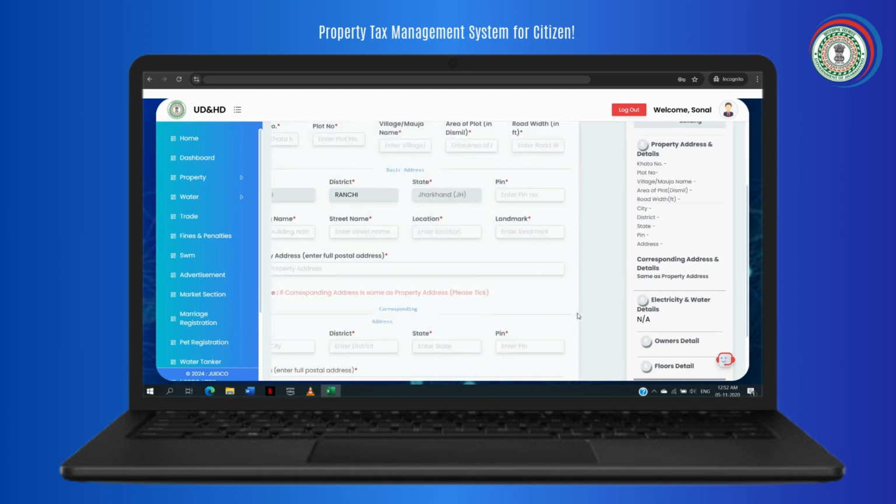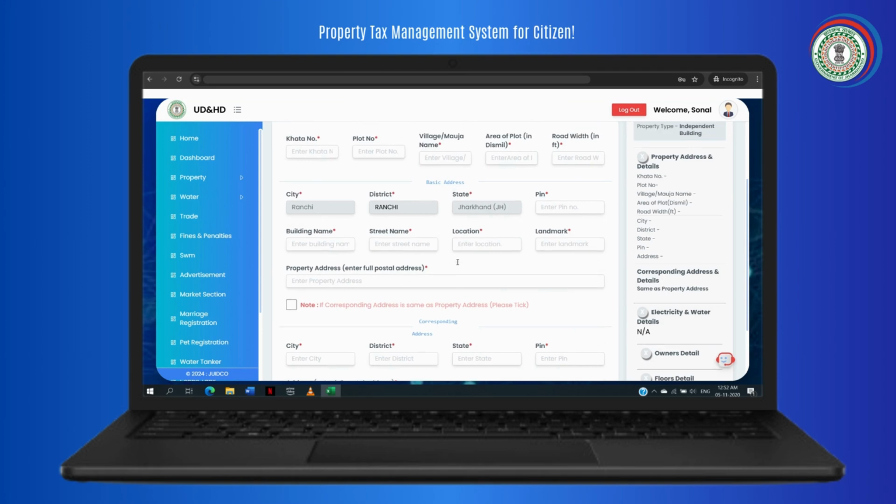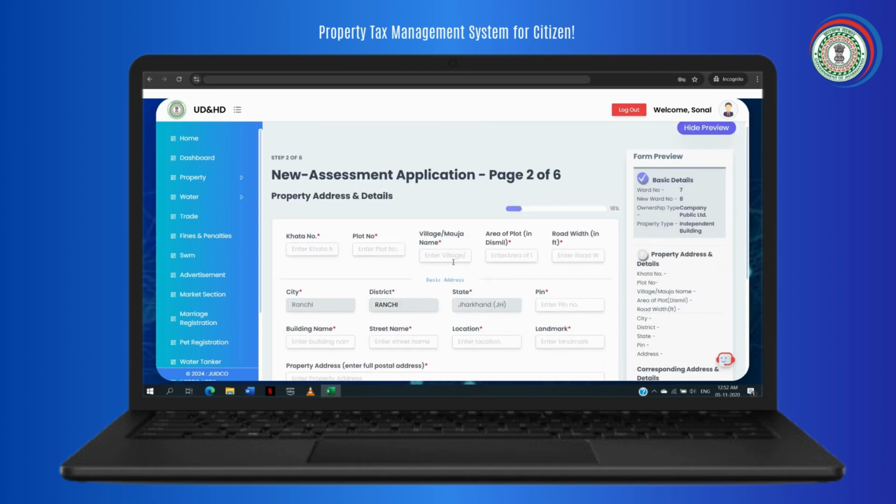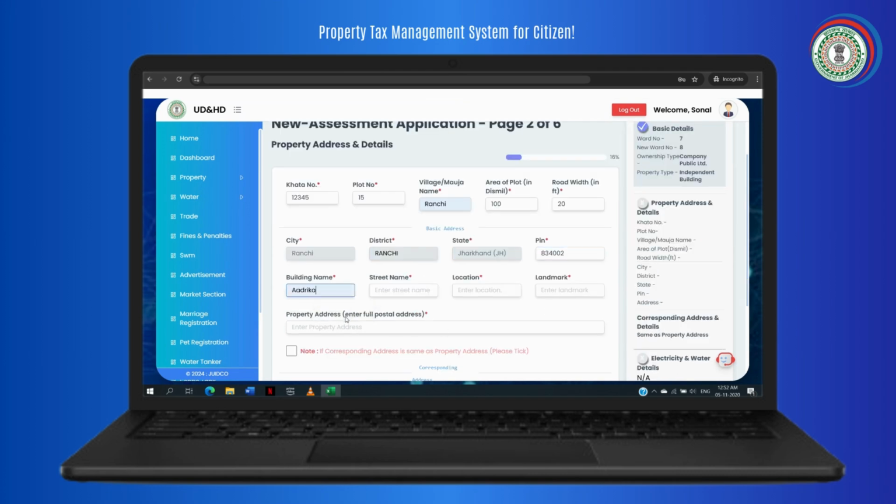In Step 2, the user must fill in all the required property address and details in the application form, including Khata number, plot number, village or Mauja name, area of plot in decimal, road width in feet, PIN code, building name, street name, location, landmark, property address.